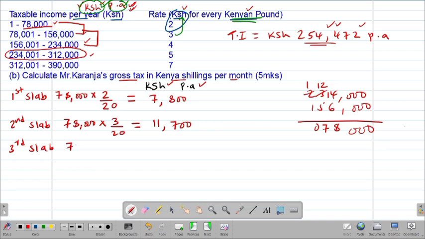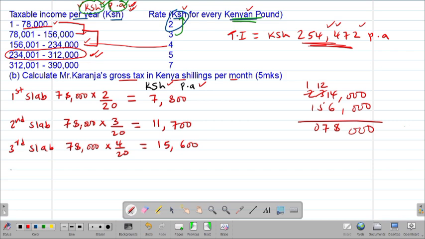So in the third slab, we are still having 78,000. Similarly, in the third slab, our tax rate is 4. So this will be times 4 over 20. So you take 78,000 times 4 over 20, your calculator will give you 15,600 shillings. So remember that this was to be our last tax bracket because our taxable income was lying between 234,001 up to